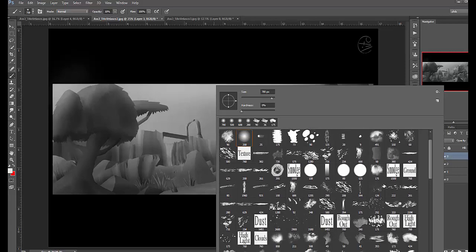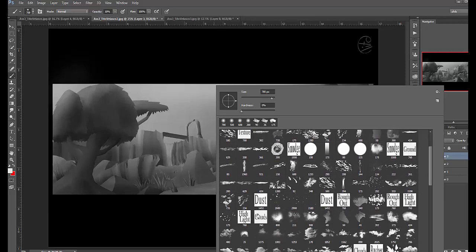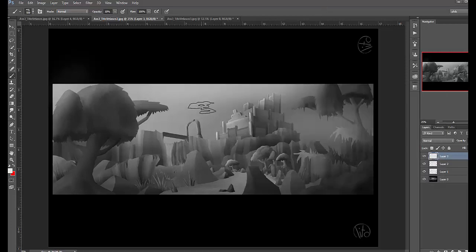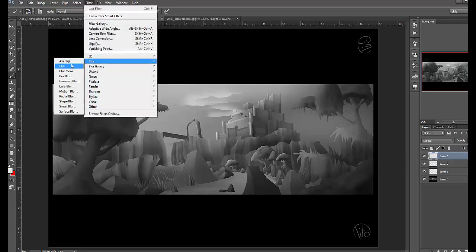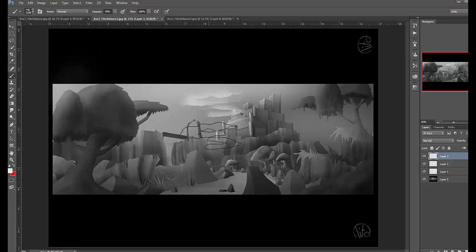I give you guys most of my brushes. Some of these I just find at different places and you can do different things with. This cloud already comes sort of established like this. It's like a dedicated cloud, but what I like about that is that I could run it through a blur option if I want. So if I come down to blur, and if I blur that cloud up a little,